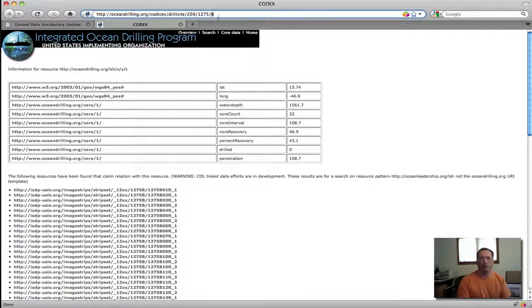1275, hole B. Right? And it's as we expect, we're just seeing the breakdown of the core counts, water depths, percent recovery, elements like this. Two things to note here. One is, if you look at the URL closely, you'll notice it's a codices drill site. That's because the codices LSH 209 1275B is a dereferenced URI that's redirected to this location following